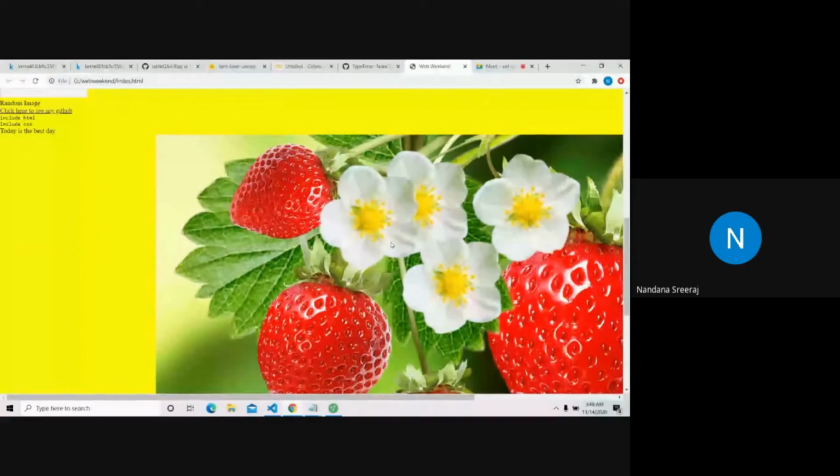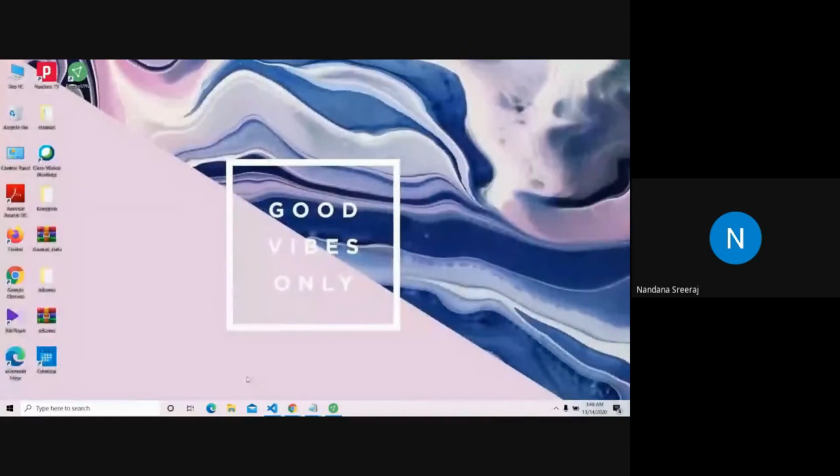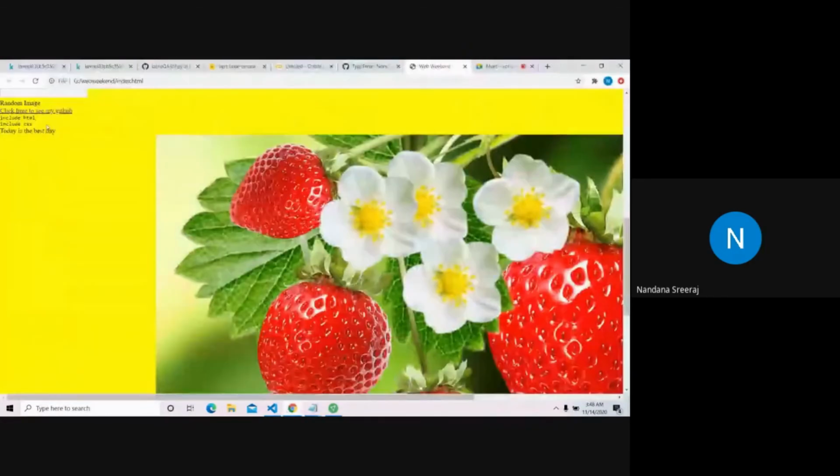We are getting the image with a fixed dimension, so we actually need to change the dimensions of that particular image and not the box we are enclosing it in. We need to change the width of the image. So for changing the width of the image, it is always advisable to give the class name to the image. You can do it the other way, but it won't work the way you want. That is why I gave the class name to this image tag.